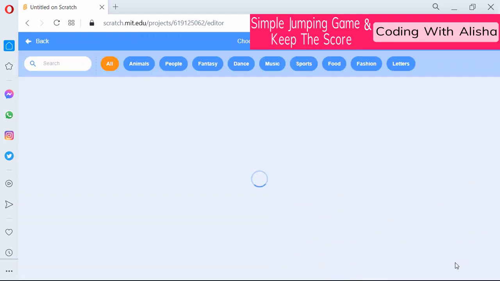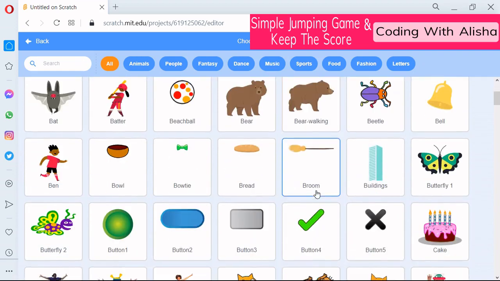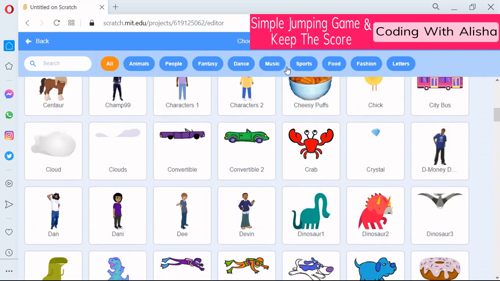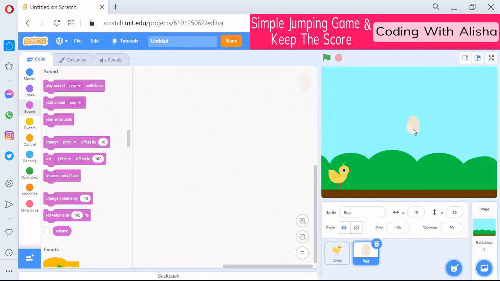And I'm going to choose another sprite which it's gonna jump over. I'm gonna choose the egg and I'm gonna put it here. Let's make it a little small. Okay. Now, to make the chick jump over the egg, we're going to use